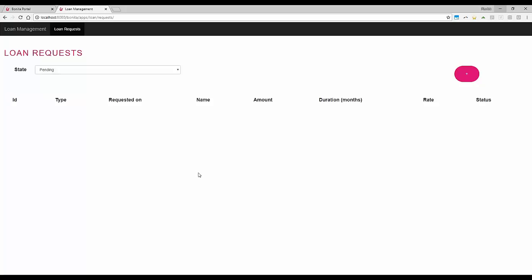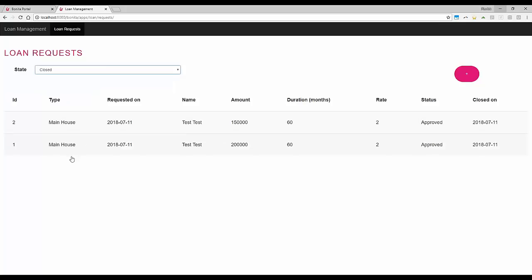And you see that as soon as it's done, now we have closed things. And maybe you remember this one, that was the amount that we were using. So this one is now approved, and you see that it has been done automatically. All right, so that's all about the quick demonstration of the application. But I think